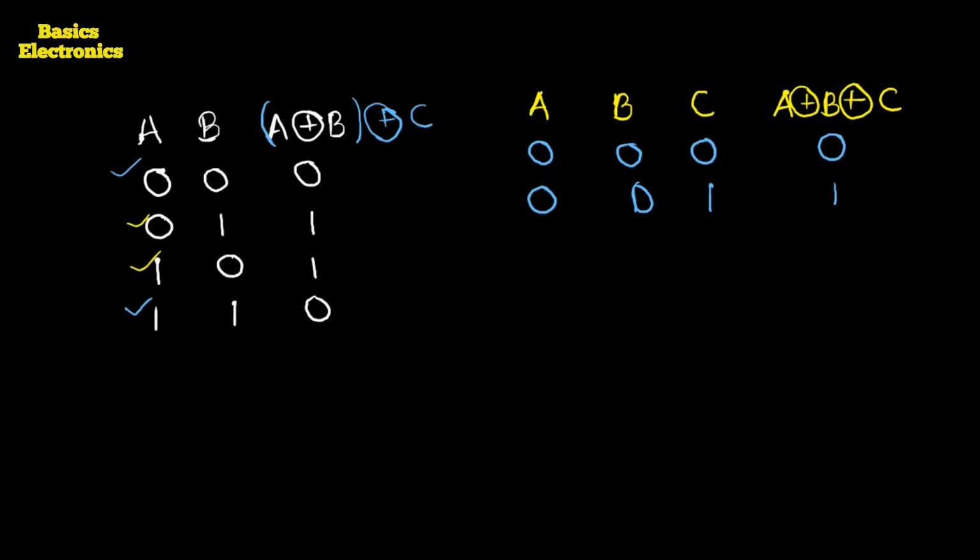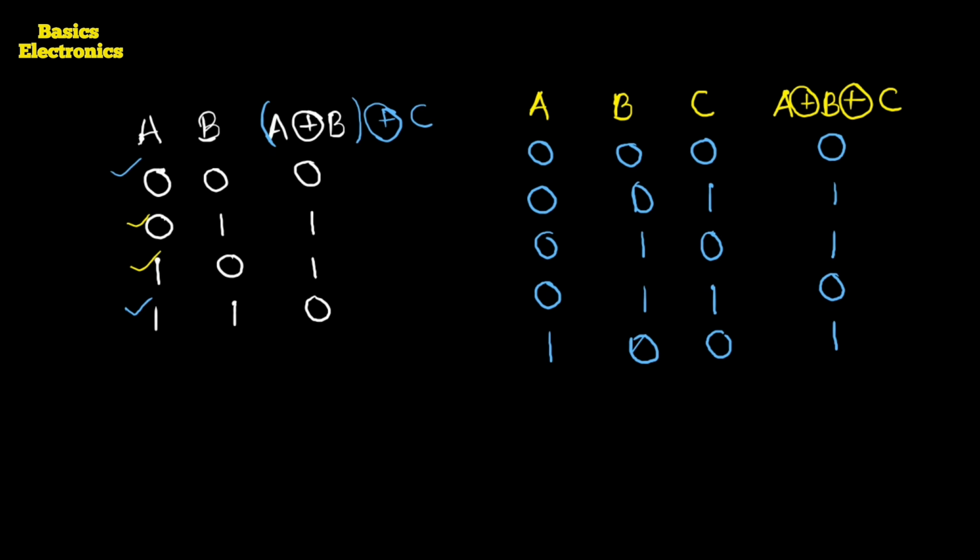Third combination we can use: A is 0, B is 1 and C is 0. Again here we get the output equal to 1. A is equal to 0, B is equal to 1 and C is equal to 1. This is our fourth entry. Now we get the output Y equal to 0. A is equal to 1, B is equal to 0 and C is equal to 0. This is our fifth entry and here its output is equal to 1.